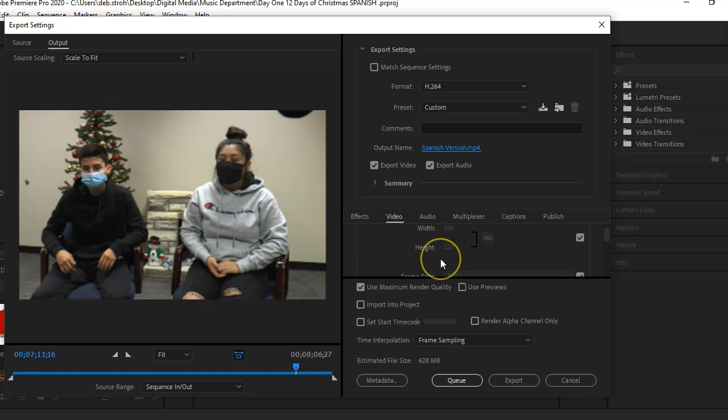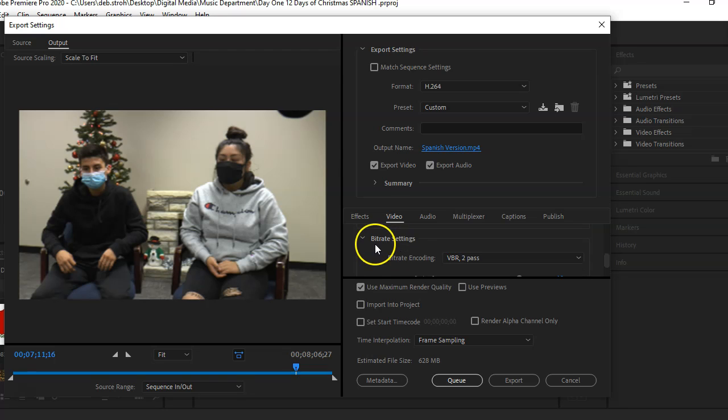I'm going to go to my basic video settings. I'm scrolling down with my scroll bar. I always make sure that render at maximum depth. Rendering just means that it's pushing all these clips together into one big file. And then I'm going to scroll down, and it is a little bit further down here where it'll have